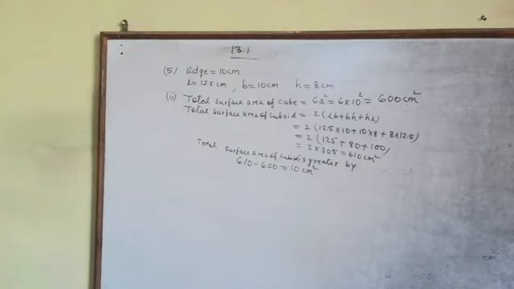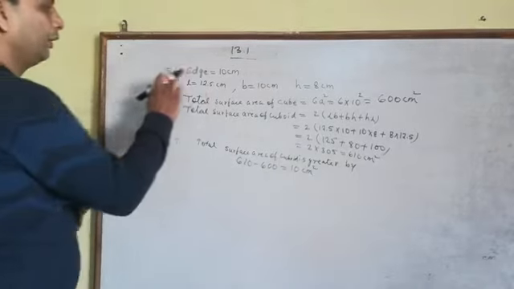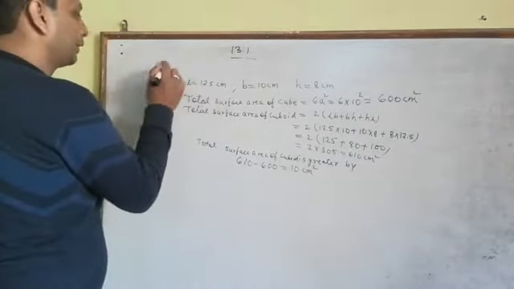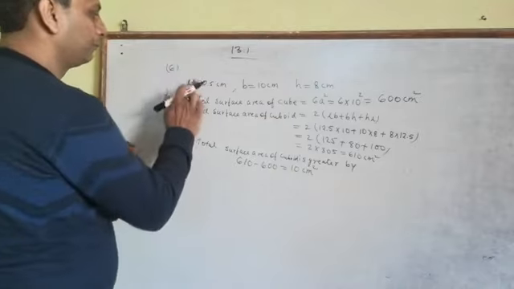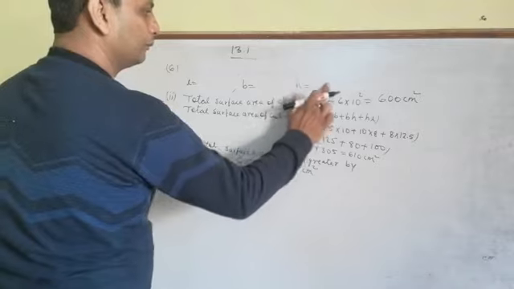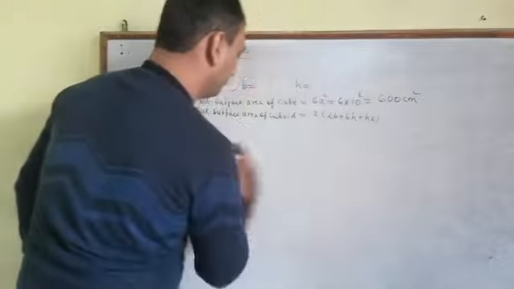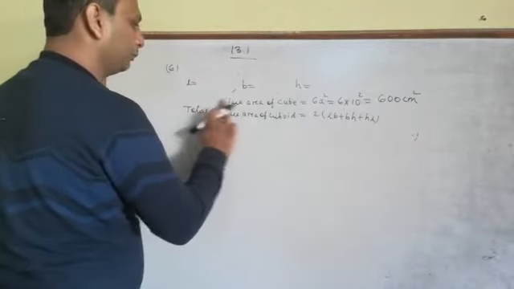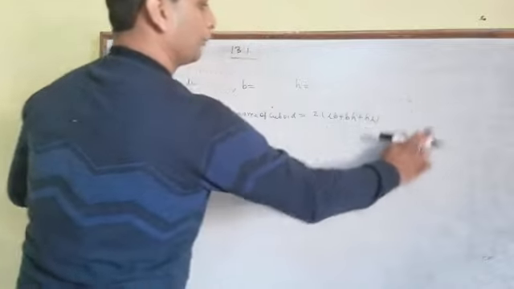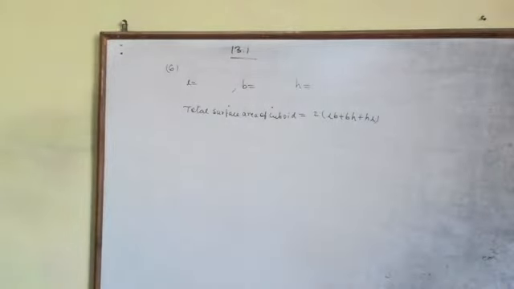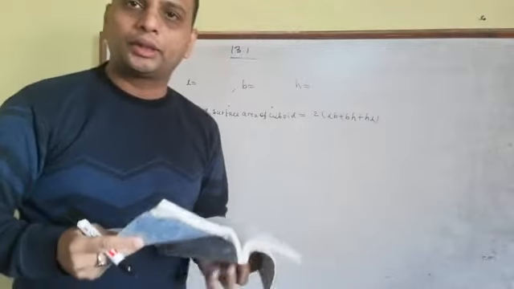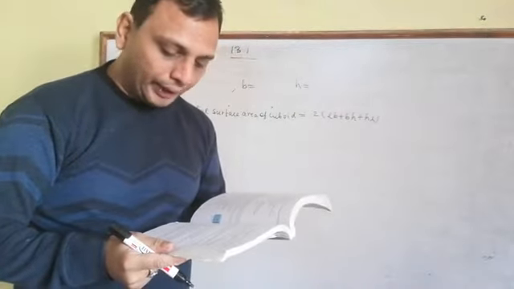Now, another question says that there is a herbarium and we have to find the perimeter and then we have to find what is the area. So again, we will solve question number 6. Now, in the next question, it says that there is one herbarium. Herbarium is again the shape of a cuboid, and the length, width, and height are already given.